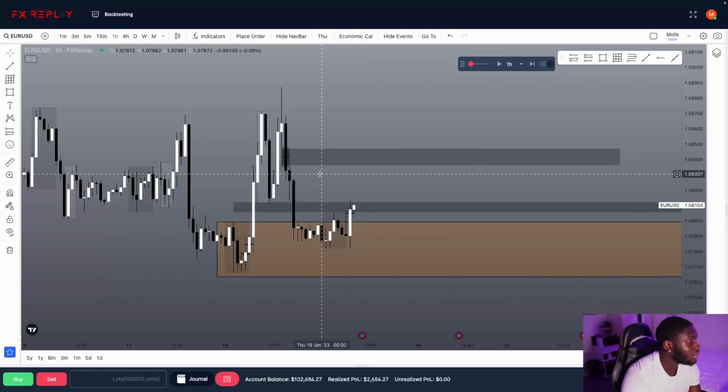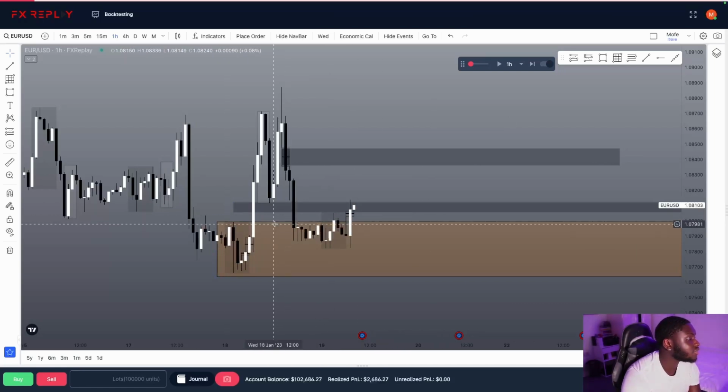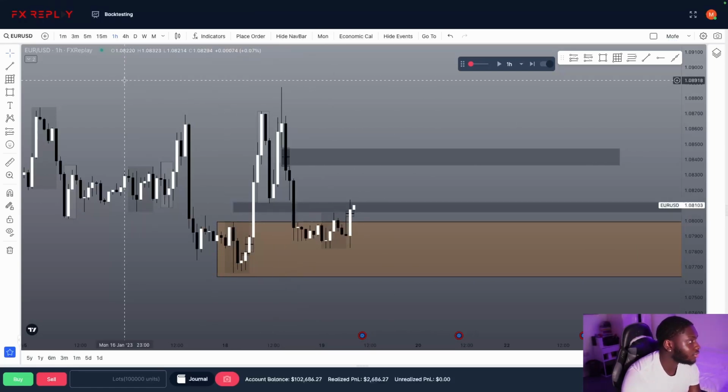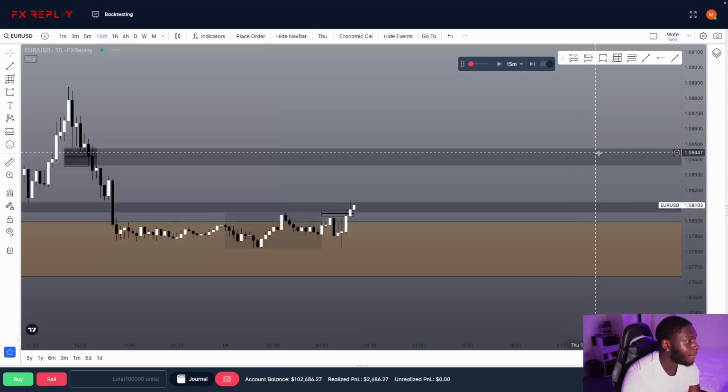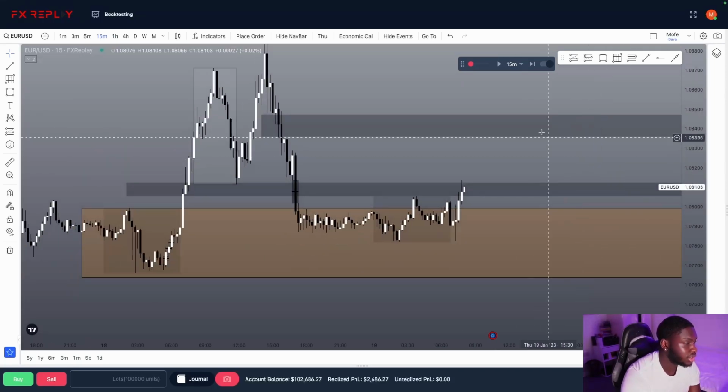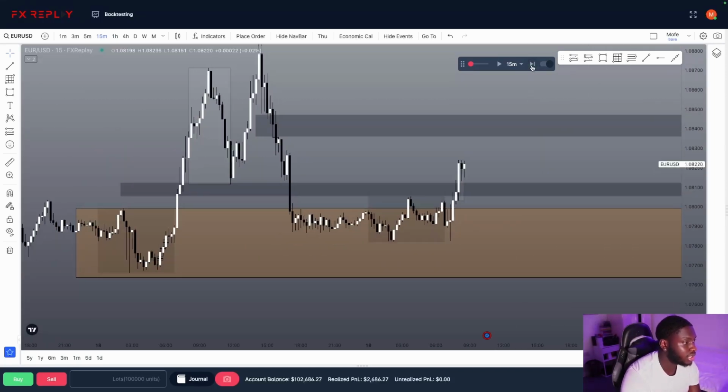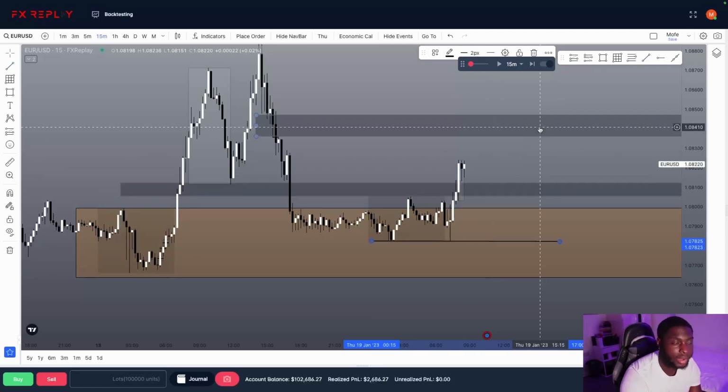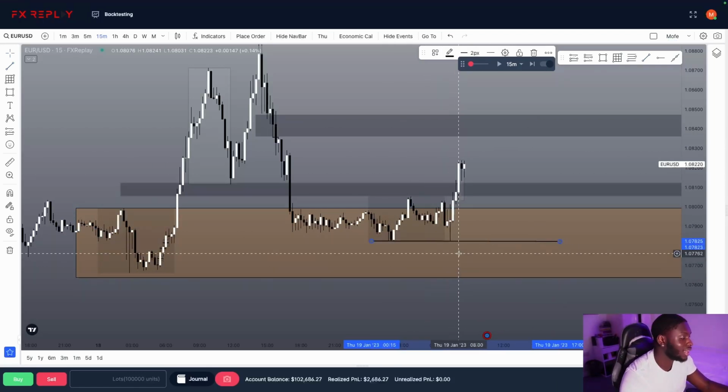In terms of what I'm looking for, I would like to see a buy off this fair value gap, but I do want to be very careful. I don't want to be bitten trying to go against the overall trend. So let's just play it forward and see. On a day like this, the best, highest probability trade you see is price coming to sweep Asian session's low, and then reversing, and then we see our buys. But that might not happen.